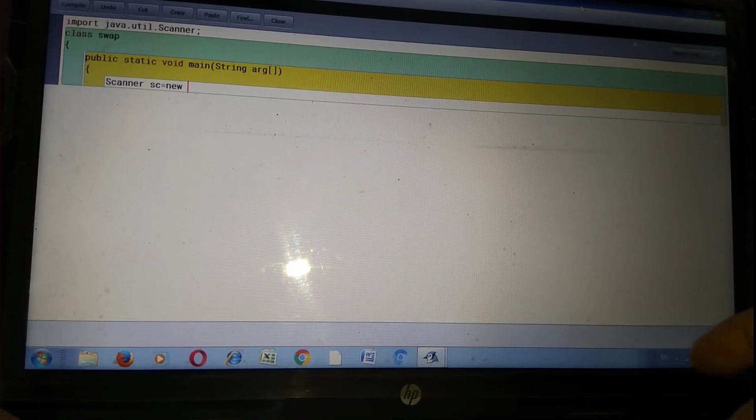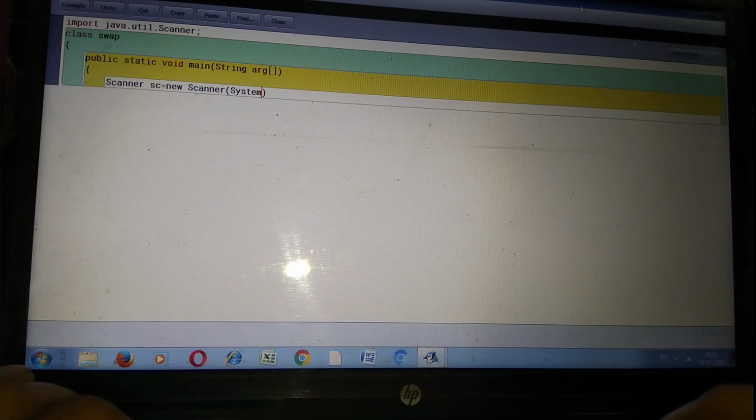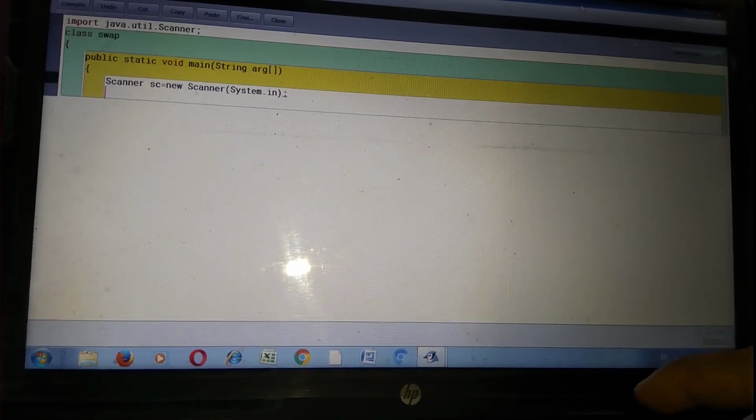Scanner, then the object name sc is equals to new Scanner(System.in). It's an object creation of the scanner class.